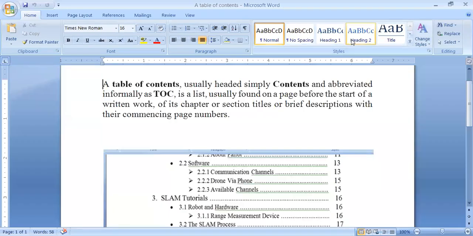Now student, in this session I will tell you something about the topic, that is table of content. Before starting how you can create a table of content, you should know what a table of content is. A table of content is simply, in our words, called an index. The table of content is usually found at the start of any book or any chapter, and it contains the chapters, the sections, the subsections, the topics, the subtopics.